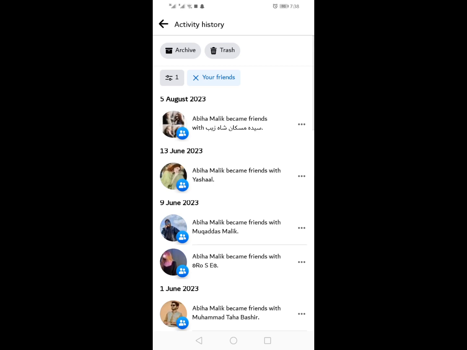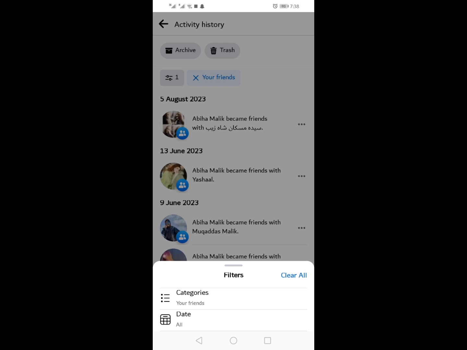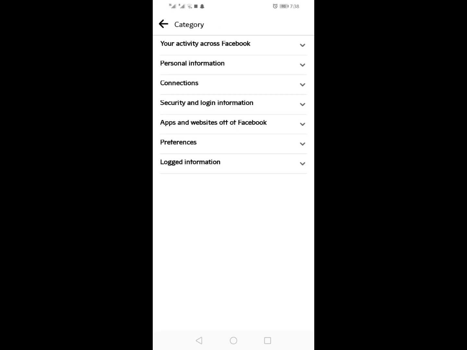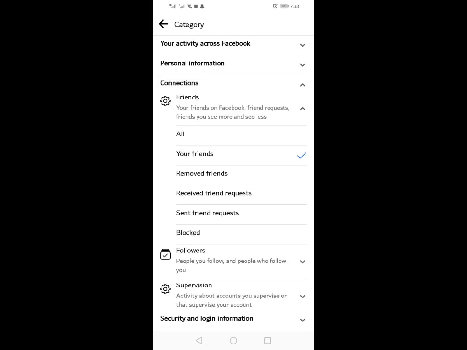Here you have the options for the filters. Click on that. After that click on categories and here tap on connections. The third option, connections. After that you can see remove friends. Click on that